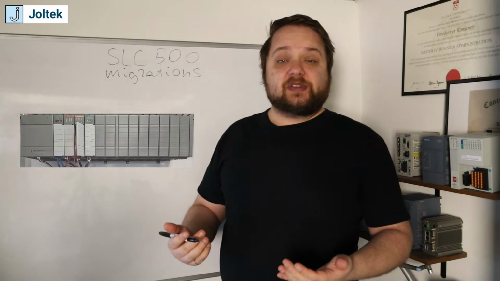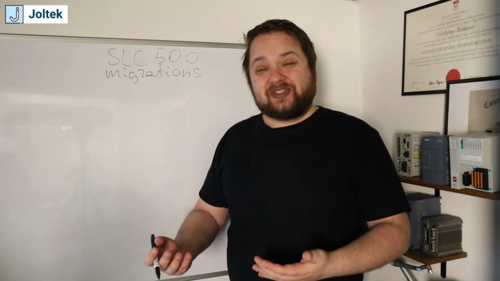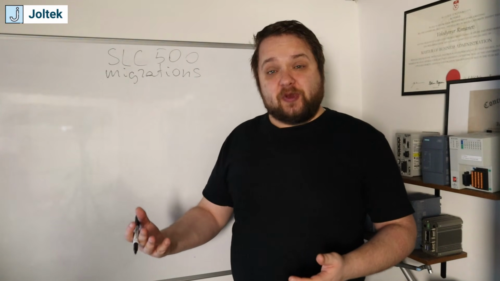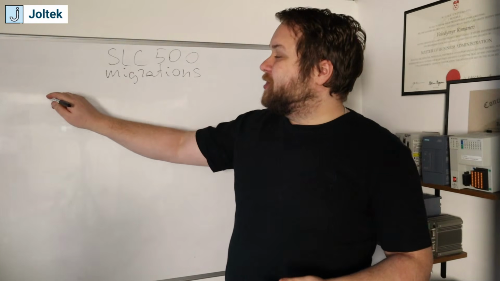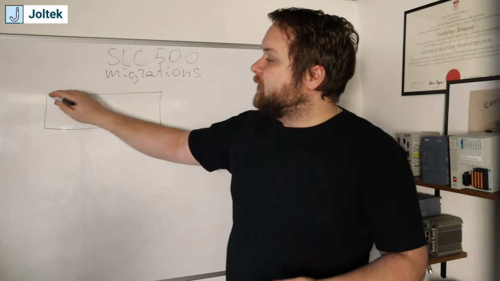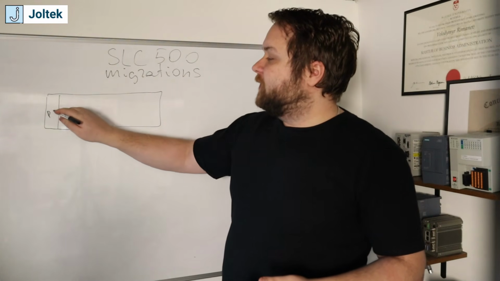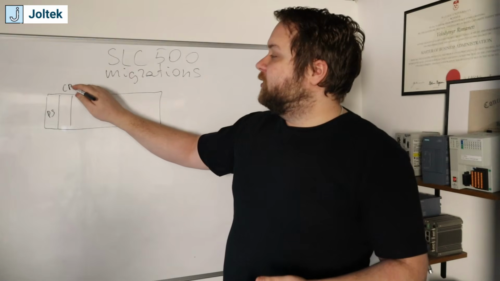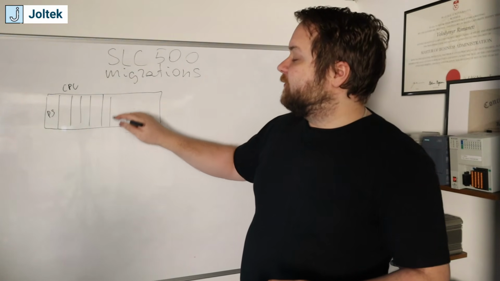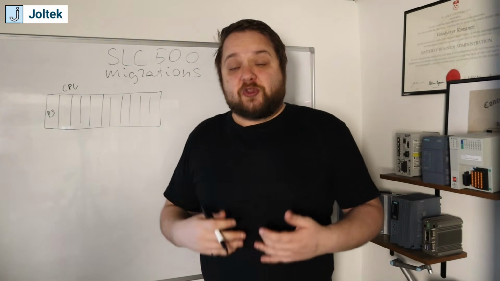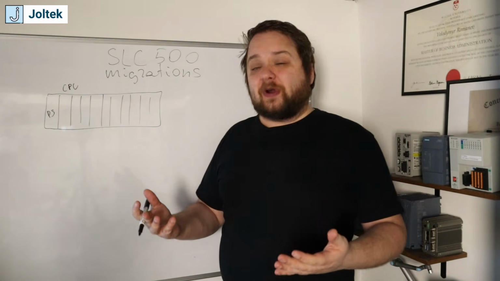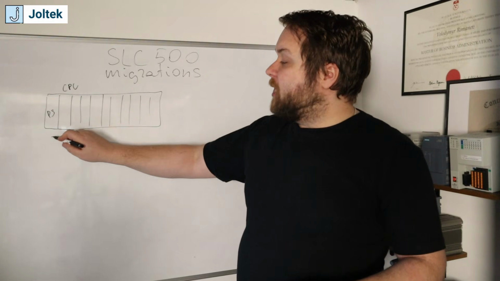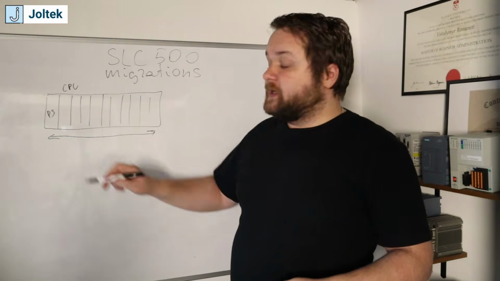Generally speaking, the SLC 500 is a fairly robust platform from before RSLogix 5000 and Studio 5000 were released on the ControlLogix platform. Just as with the ControlLogix, you will often find racks of SLC 500 in a very similar fashion. Here you have the power supply, usually you have the CPU, and then you have a lot of your different I/O modules. You can find the racks in three different configurations, once again, just like the ControlLogix, which has a few more varieties, but you are limited to the amount of I/O you can put on any given rack,